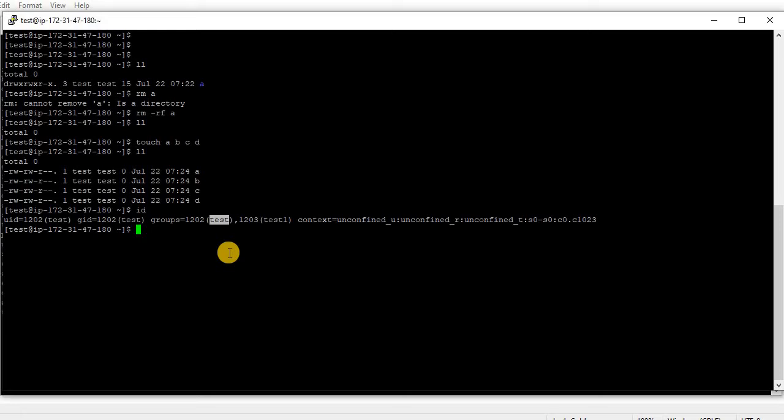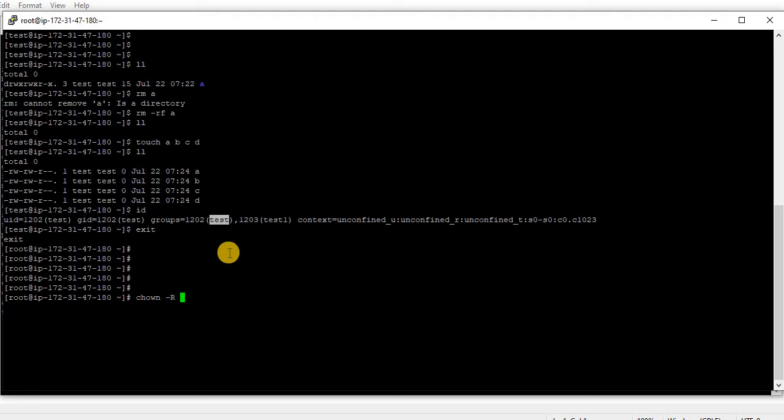Okay, so just switch back to root user. For this you have to give chown, means changing the ownership, -R. First you give the user test and group test1, colon, space, then this path.